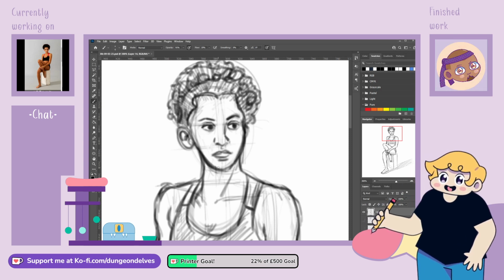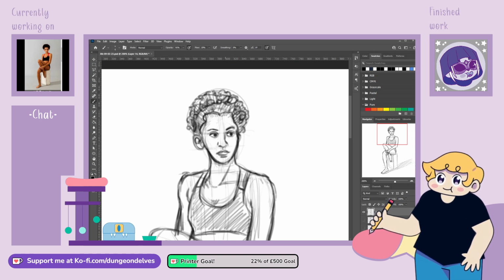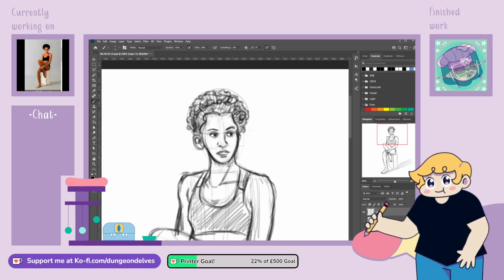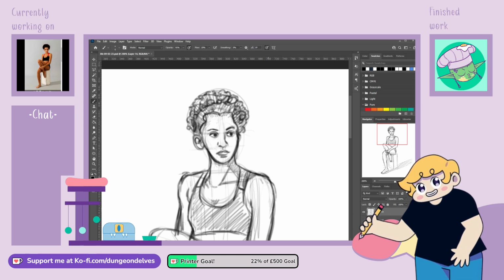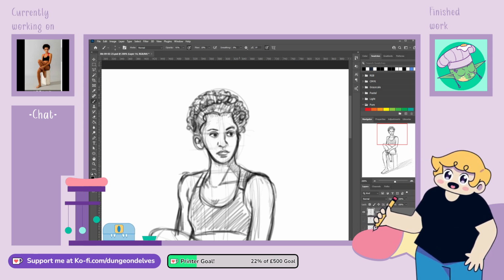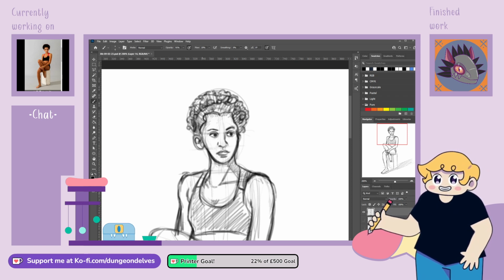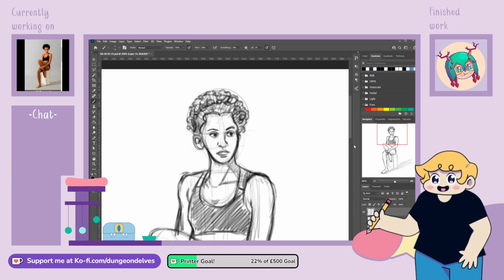But got the neck. She's got these very prominent collarbones. I feel like if anything I needed to get more of a shoulder up because it doesn't quite look like the same pose almost. But never mind.